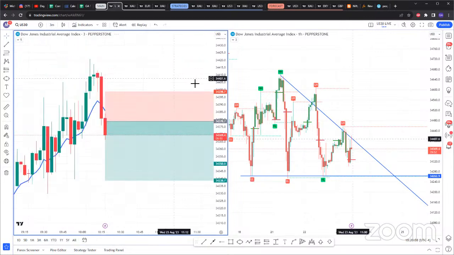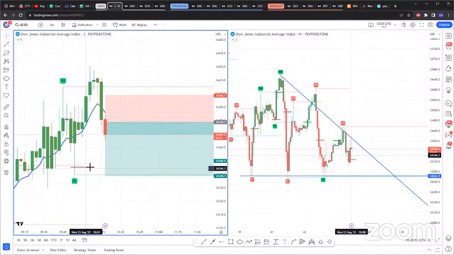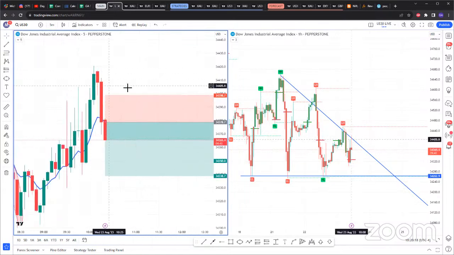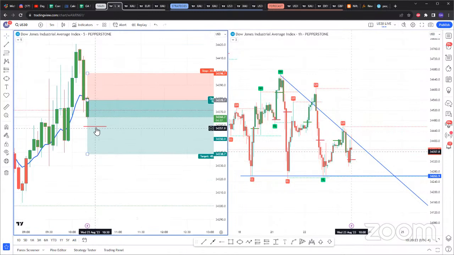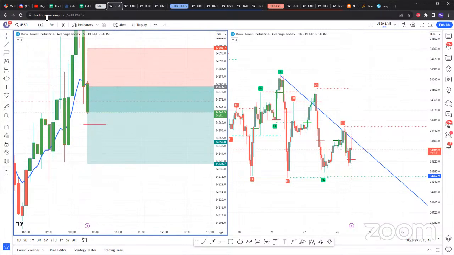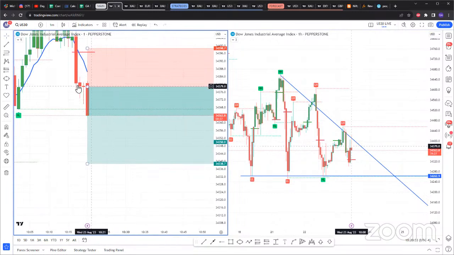I know that in the 3 minute, we are probably forming a sell SAR soon. If we do not, I will wait for the break and closure below here. And if I'm waiting on the 5 minute, if we didn't have a sell SAR on the 3 minute, we probably do not on the 5 minute, but you can see on the 5 minute, there it goes. So it just formed the sell SAR on the 5 minute. So for me to trade this on the 5 minute, keep in mind, I have to wait for the same thing that just happened here on the 1 minute.